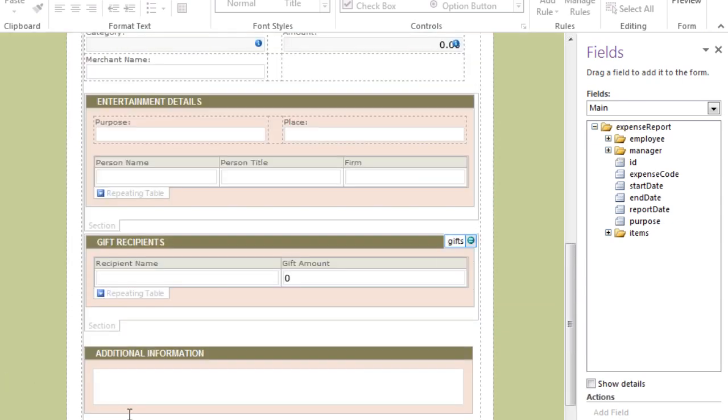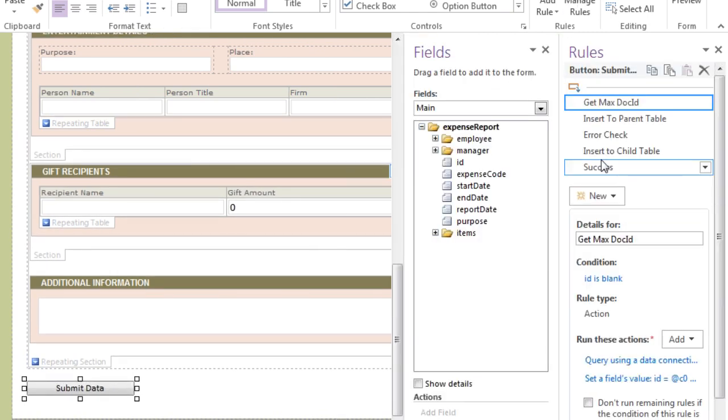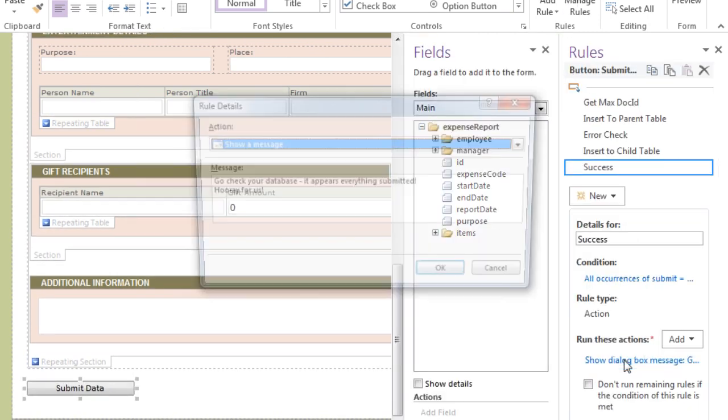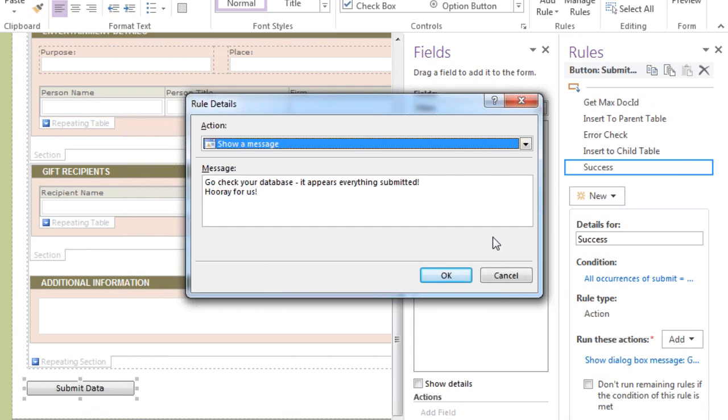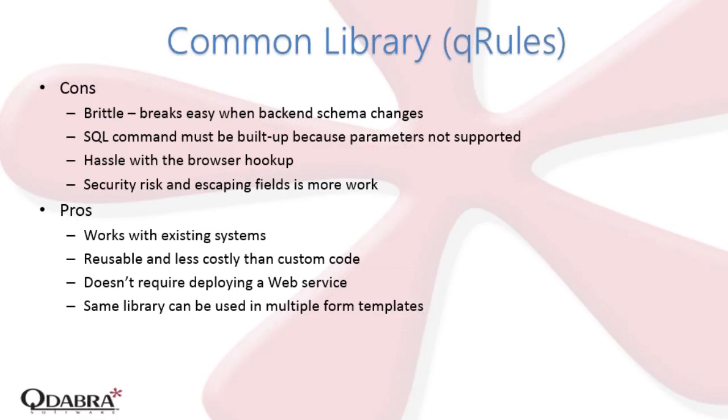So in the end, what we have is a rule that checks for success, and then it shows that dialog box. Okay, so that's the second technique, and that's called the common library. Very similar to custom code because you're using our common library, which in a sense is code. But the benefit here is that you don't have to write the code yourself,